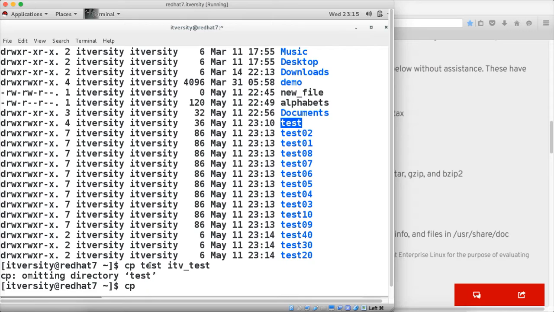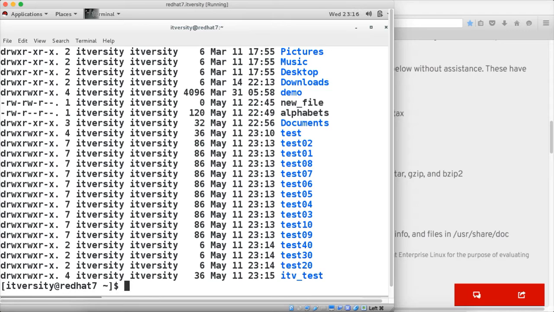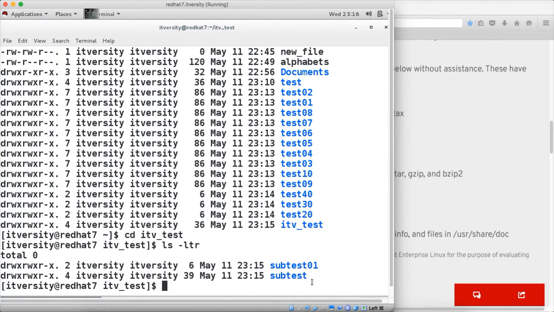So to recursively copy the directories, we have to use the option -r, and then you can say test and the target directory as itv_test. Now I can do ls -ltr and I can see a directory called itv_test here, and then I can navigate through it and see all the directories similar to the test directory in itv_test. So for these commands, if you want to get help, there are multiple ways to do that. One is